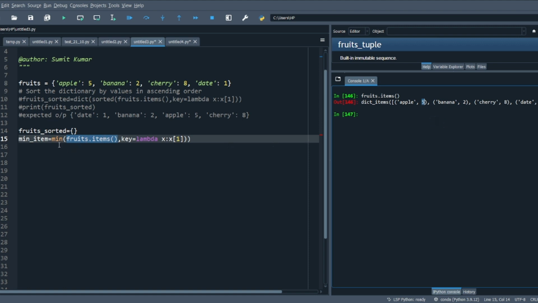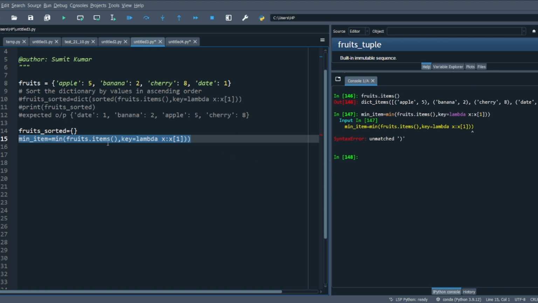So instead of the sorted function, we can use min, and you can find the minimum item here. You type fruits.items and then key, and x will have both. The key is a parameter that takes a function. I created the function, and from it I supplied the second value, meaning the key value, 0 or 1. If you put 0, it will be the key. If you put 1, it will be the value. So if you run this one,